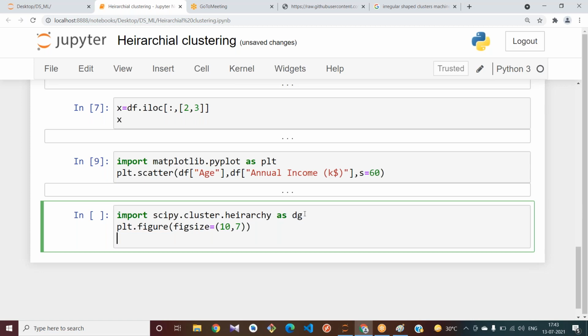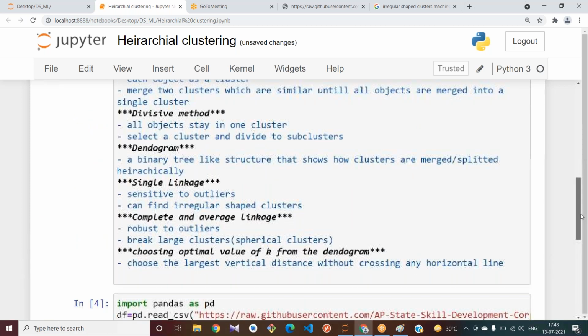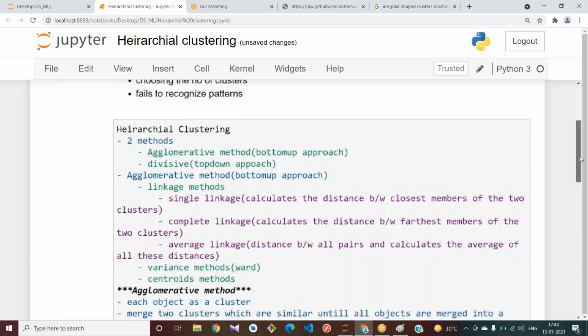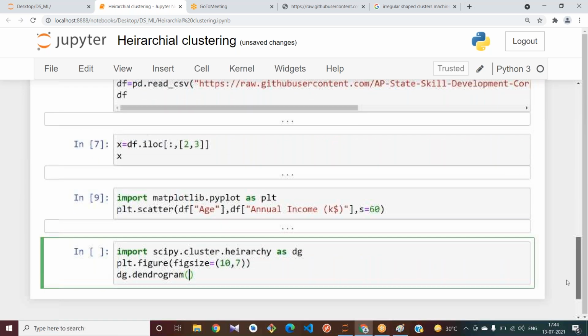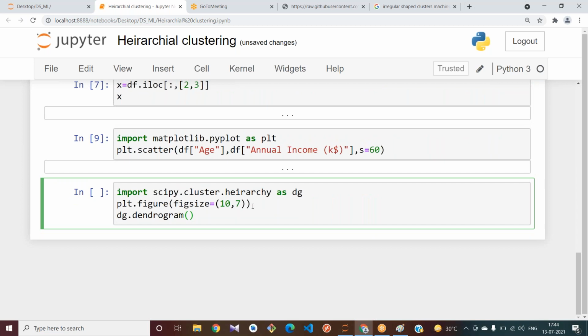I have imported this hierarchy as dg, right? dg dot dendrogram. Dendrogram is one method. Dendrogram of, what is the method I am going to use? We have the methods called linkage, variance, centroid, right? I am using the linkage method. dg dot.